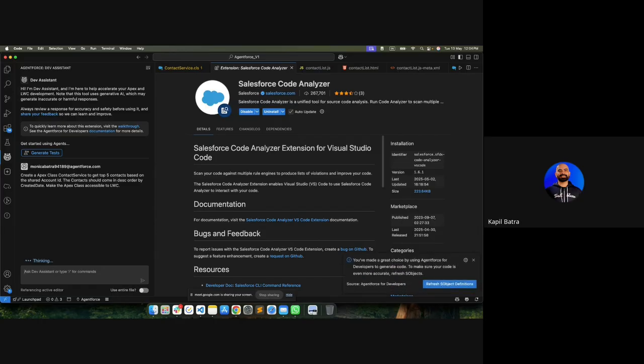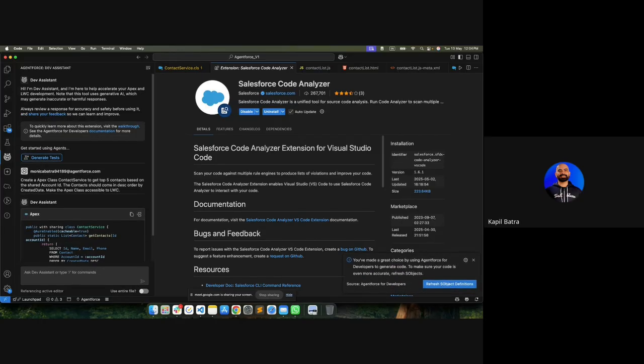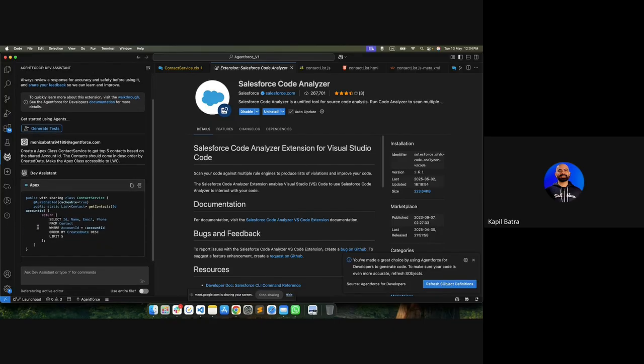Now, what is happening in the backend? Basically, the prompt will be analyzed and sent to the LLM, and then the LLM is going to return the data based on the available resources. So here, as you can see, it has returned a class where it has used default sharing as well. You can see with sharing here, the class name is ContactService. There's a method created, getContacts, which is returning a list of contacts and accepting the account ID. And of course, this method is Aura enabled because we asked the agent that we'll be using it in an LWC. Now, what you need to do is you can simply copy it from here